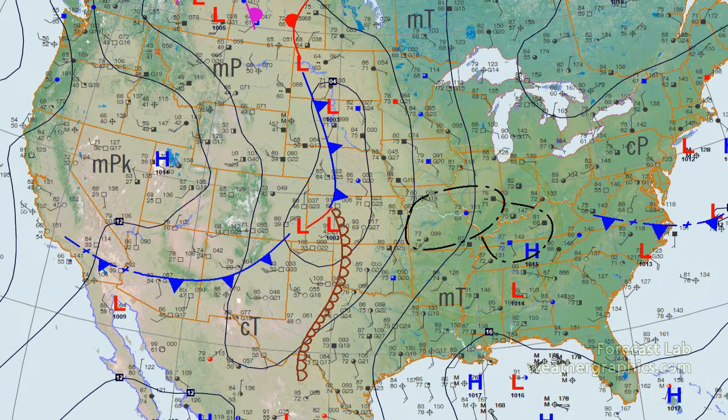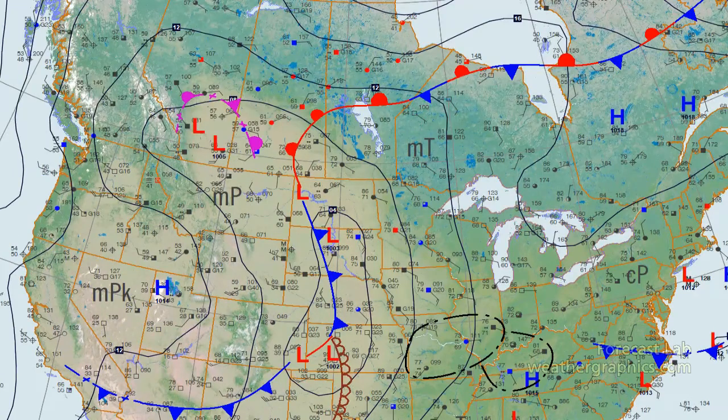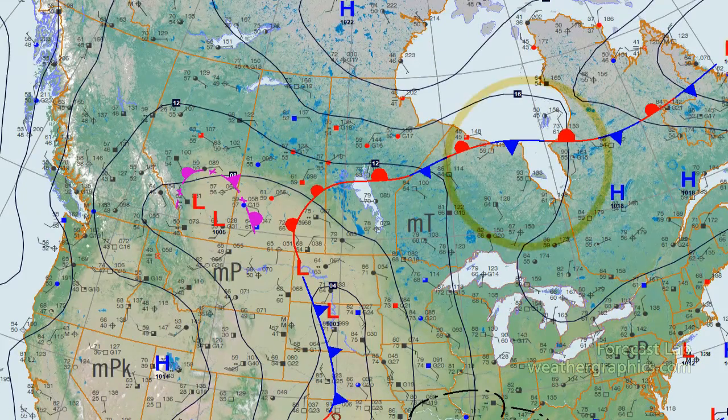Out on the East Coast, some more cold air working its way down through Washington, D.C. and Philadelphia, but it's heavily modified, and the leading edge appears to be stalling out near North Carolina. And maybe I should have drawn that out as a stationary front. It is kind of deceiving, though. Look at that temperature in New York, 74, 75, 79, but we go up to the north, and we've got this very paradoxical situation. It gets warm, and up there around James Bay, Hudson Bay, we've got temperatures well up